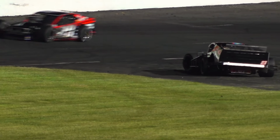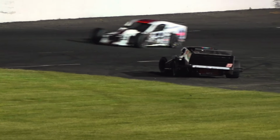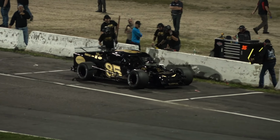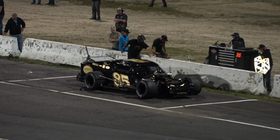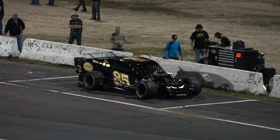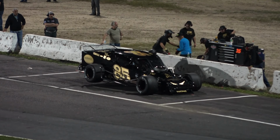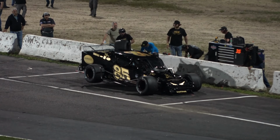Down on pit road, it is Moeller, car number 85. The car that started up front was really strong in the opening laps of the event. Now it's heading back down on pit road. We're not sure what's happening there, but they're jacking up the back end of the car, and his dad calling the shots from behind pit road. Todd Owen's number 81 car appeared to come down on pit road, and we'll check in with our pit road